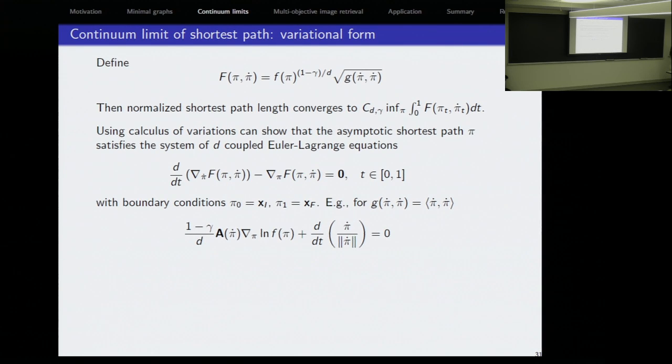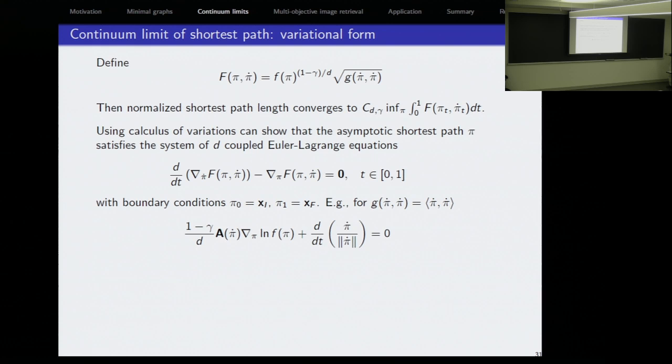So there's a variational form. So here's where the PDEs come in. We all know the minimal path problem has a variational interpretation. So if we perform this substitution, where I define this function f as a function of the path and the derivative of the path, as the integrand that I showed in that theorem I just displayed, then we can define the normalized shortest path length as the infimum over this integral, right? And so now you can simply use the calculus of variations,